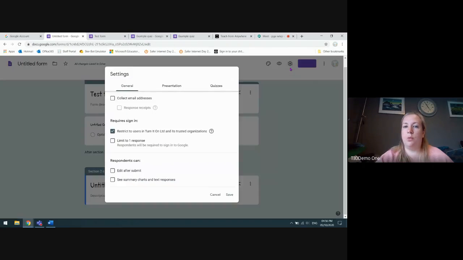Okay, and then up here we have got the settings. So if you were sending it in school, to your class or to your teachers, you would restrict your users to your domain, so that would be your school name. And you might choose to collect email addresses then as well, because you might need to know who's responded. And you might want to limit to one response,